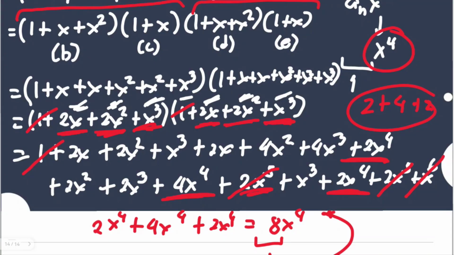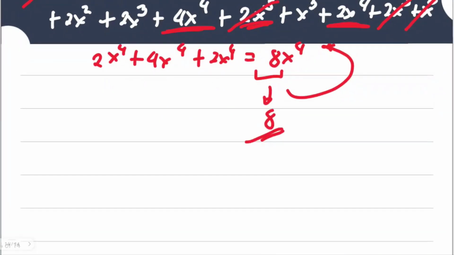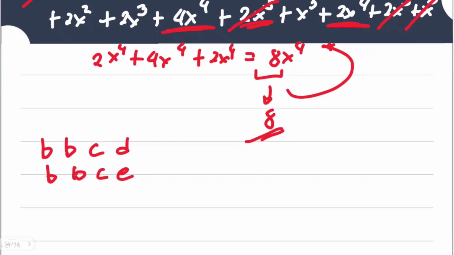Now, you can manually do that. You can even list on your own. Of course, systematic listing is the very first type of counting technique we've learned in high school, by listing them systematically, in short. So you have, say, for example, B, C, D. There are 2 B's, right? B, C, E, right? You don't need to repeat B, B, C, D, because it's identical, right? So you can list down all of them, and then the point here is just 8 of them. Okay, no duplications for the rest.